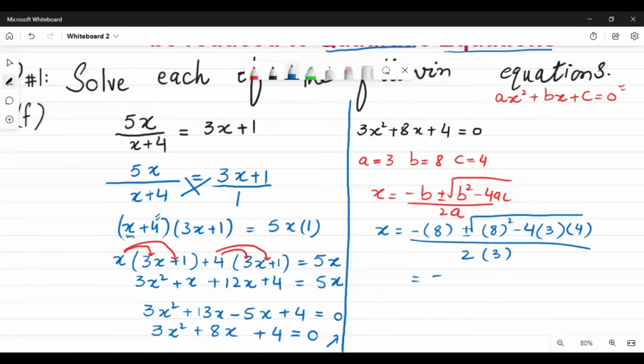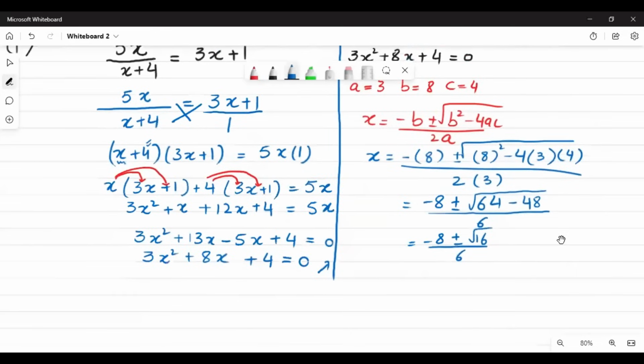Here it is going to be minus 8 plus minus 8 squared is 64. We can see that 4 4s are 16 and 16 3s are 48. Square root of this, divided by 3 2s are 6. Next step will be minus 8 plus minus 64 minus 48 is 16. So we have to take the square root of 16, and 16 is a perfect square, so the answer is plus minus 4